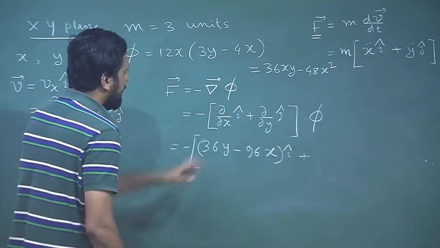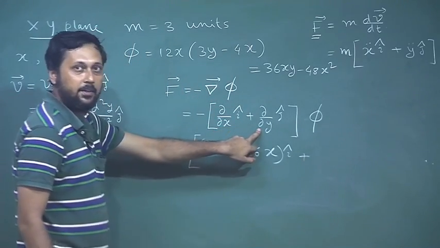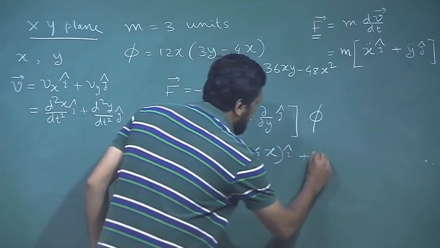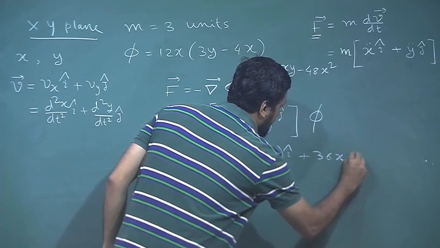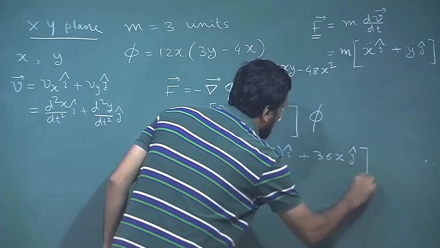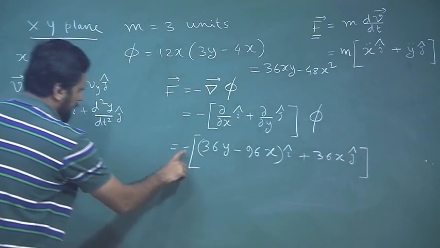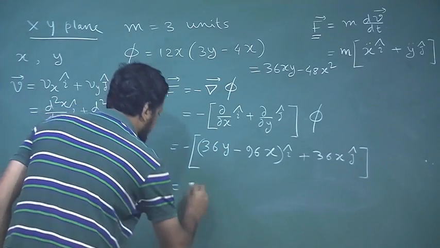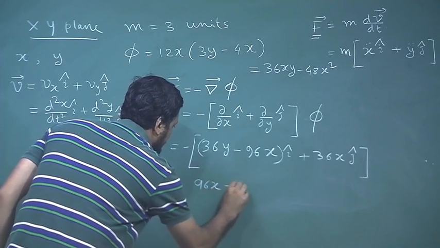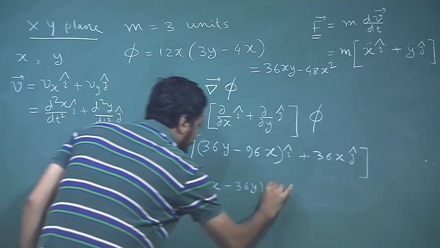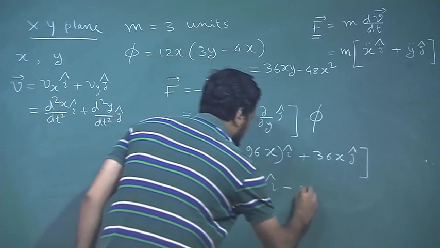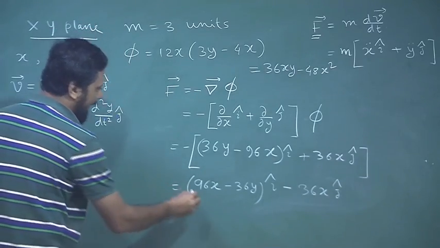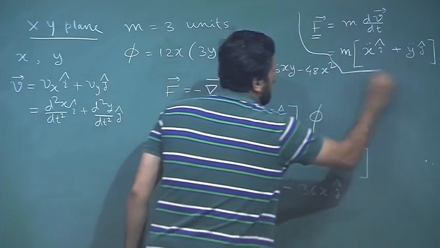Plus, now in the second term it is a partial differential with respect to y. So, only the first term will contribute, not the second term. So, we get 36x j cap. Okay. Now, we include the negative sign and write the complete expression, which will be (96x minus 36y) i cap minus 36x j cap. Now, once we plug it back into this equation here,